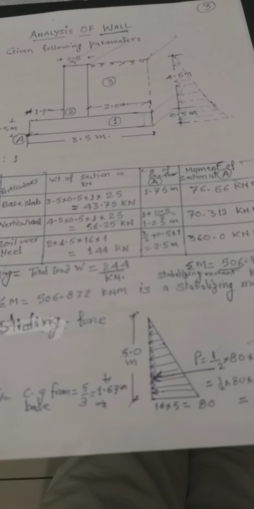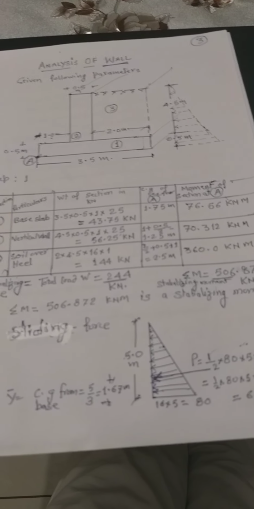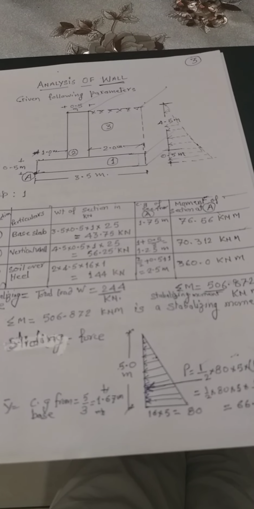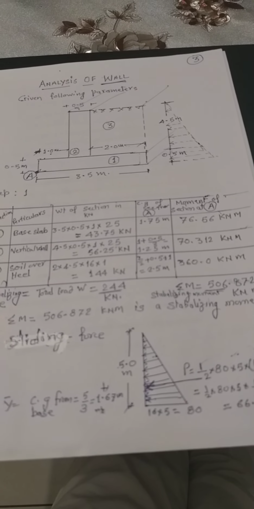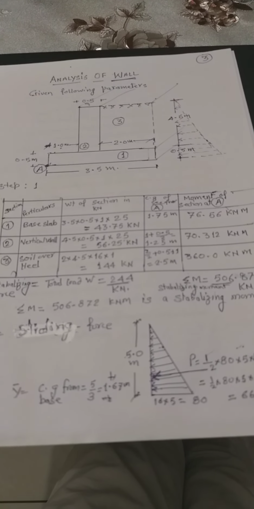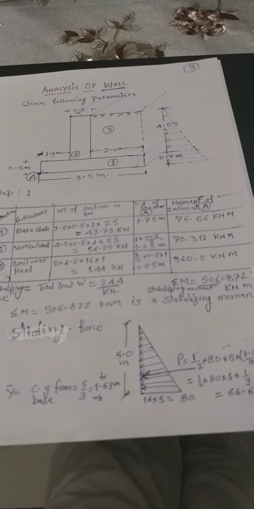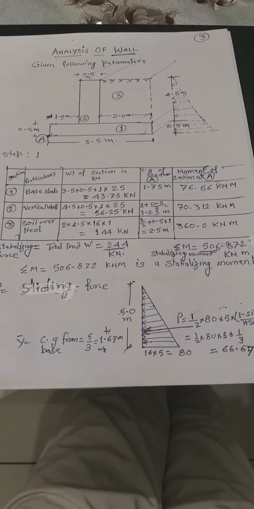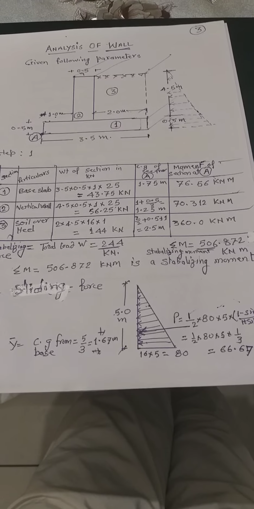Now you can see, just go on to the figure shown over here. We show that at the base the total force acting will be nothing but w into H, and w of the earth is given as 16. 16 into 5 will be the total earth pressure at the base that you can see from here. That is, height is 5 meter, base will be 16 into 5, that is 80.